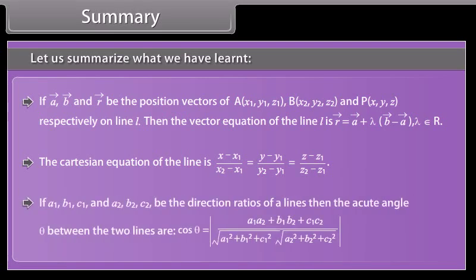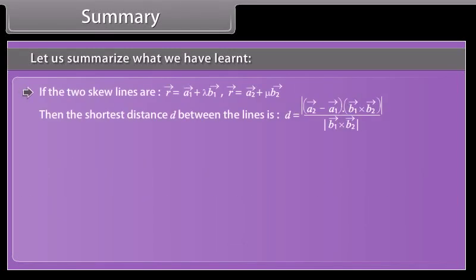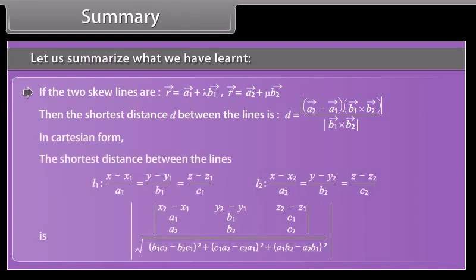If a1, b1, c1 and a2, b2, c2 are the direction ratios of two lines, then the acute angle theta between the two lines is given by the following. If the two lines are skew lines, then the shortest distance d between the lines is, in Cartesian form, the following. The shortest distance between the lines is